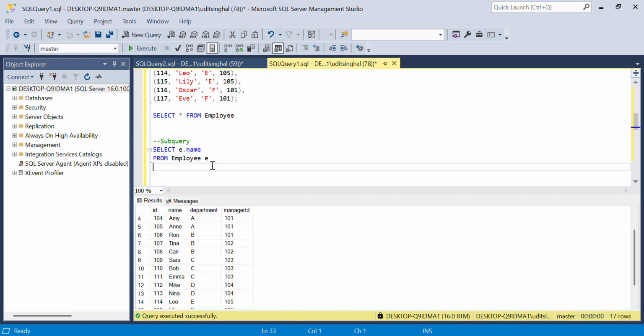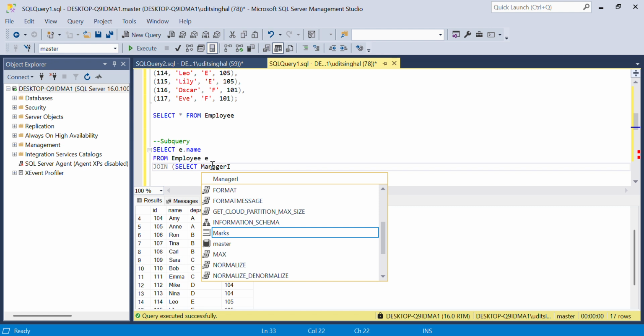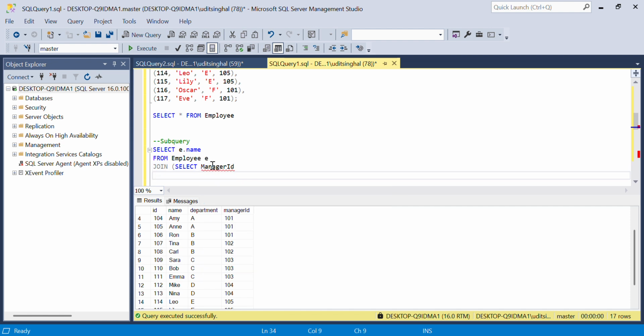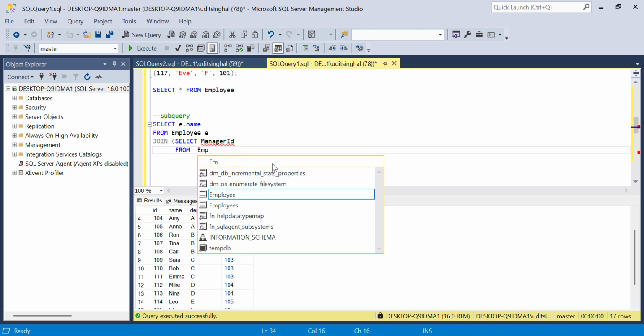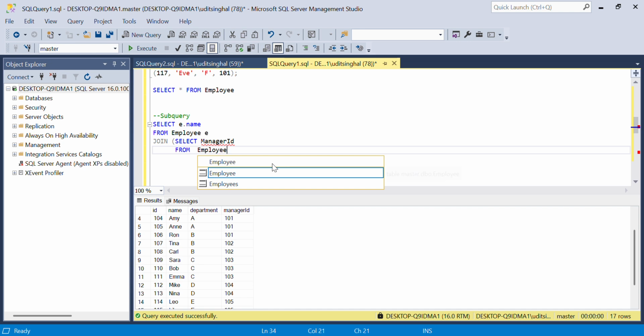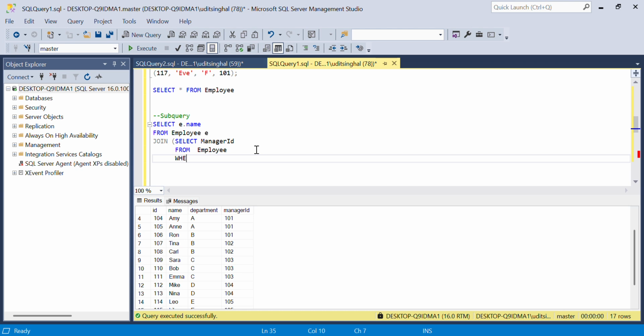Then I will join this with a subquery: select manager ID from employee where